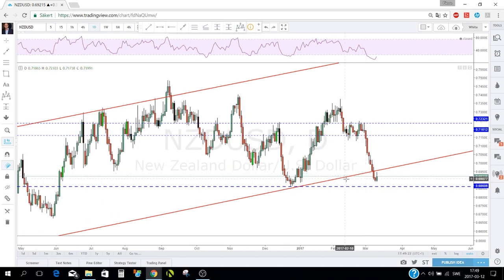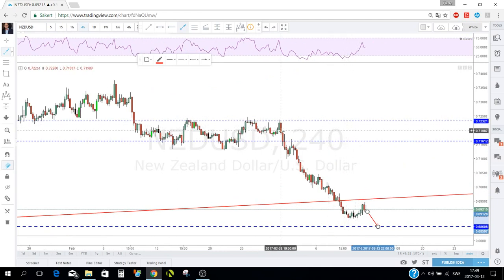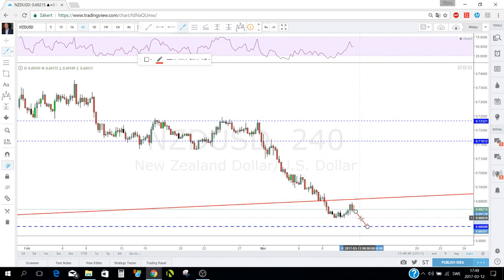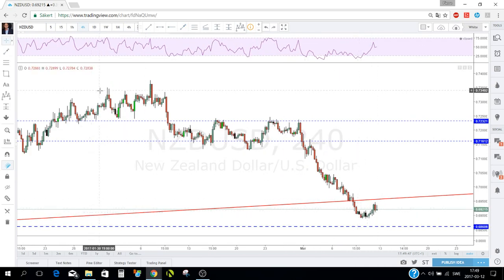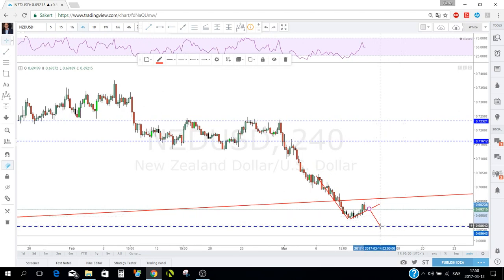So for me, we'll be looking at how price will react at this level here. We go down to the 4-hour, and the 4-hour was oversold, and then when we had this rejection, you see the RSI went back up very fast. So nothing to sell here, even though we have this flag ongoing. I wouldn't be selling this move, because what I think is that we're gonna have trouble at this level here,